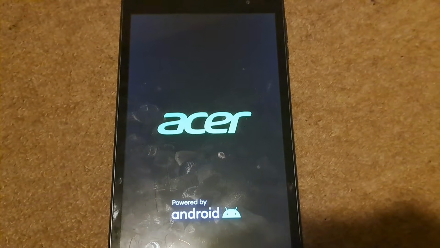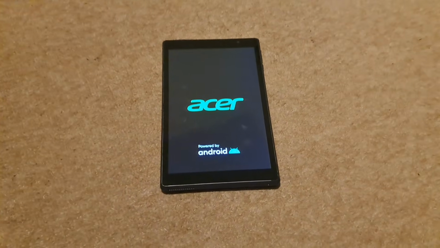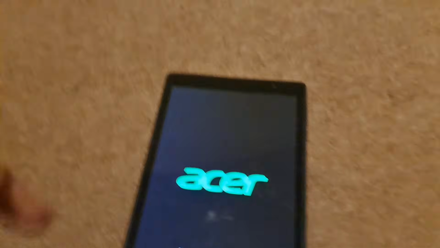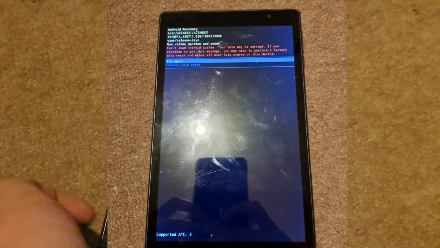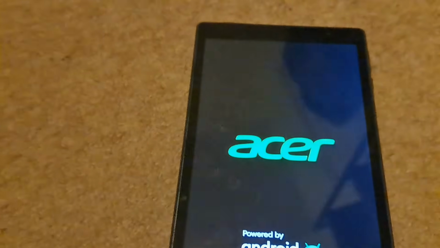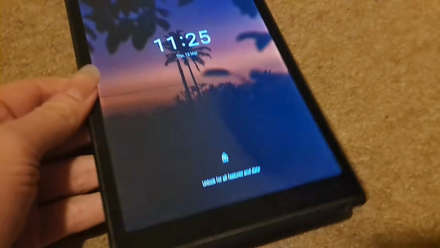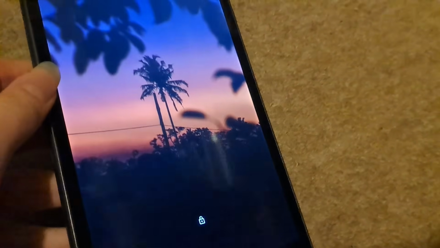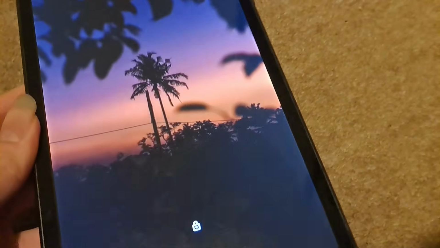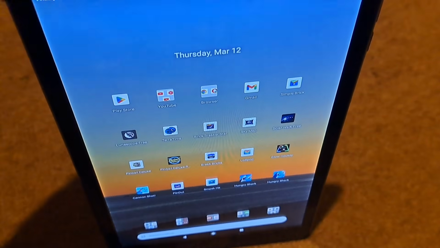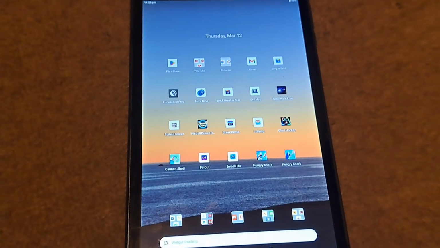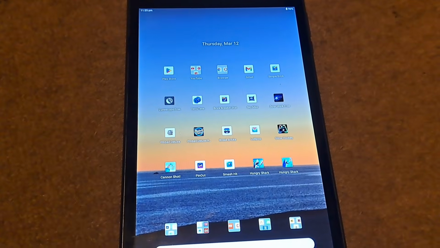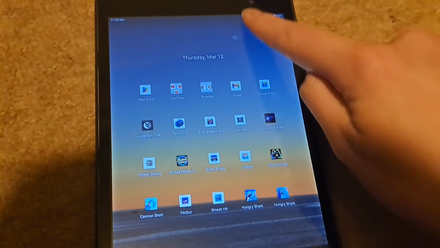Hello everyone, today it's Acer videos, and today I am going to show you how to fix the cannot load Android system error message in recovery mode on these Chinese devices. And I say this device is Chinese, but the company Acer is Taiwanese, by the way, but this was actually manufactured in China. But in this video today I'm going to show you how to get rid of those cannot load Android system error recovery screens. So to do it, you go into settings,